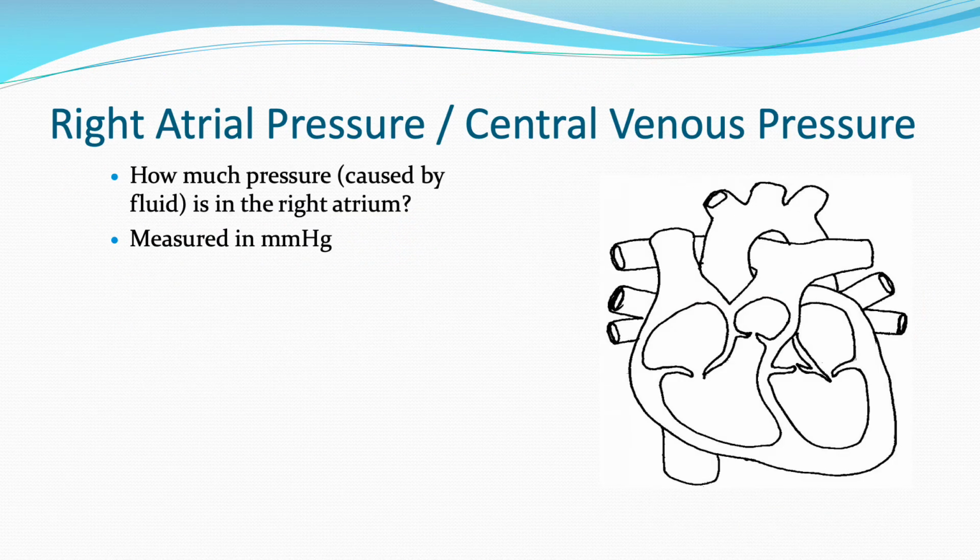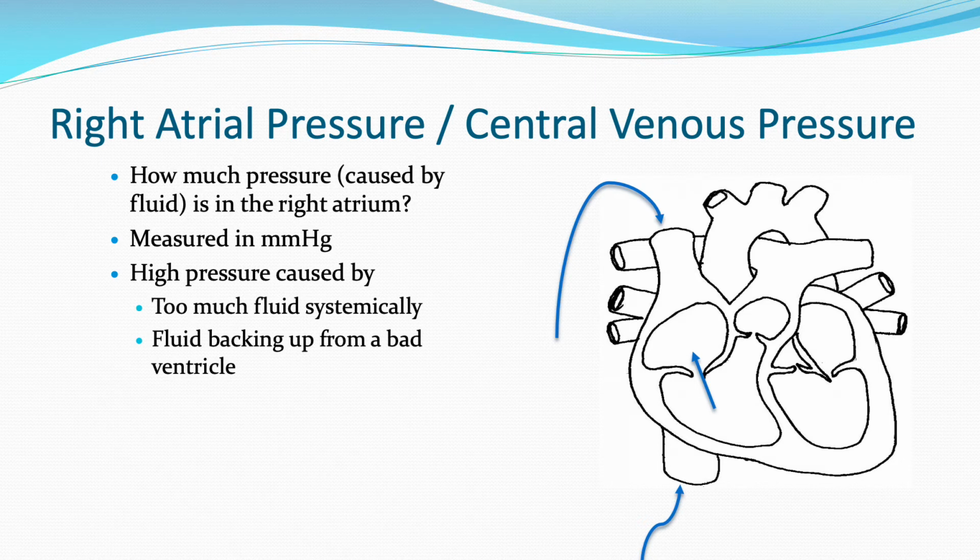Now, what would cause a lot of pressure in the right atrium? Well, we talked about how if the right ventricle is not pumping well, then blood would back up into the right atrium. But is there anything else that might cause high pressure in the right atrium? What about fluid coming from the other direction, not from the ventricle, but from the system? A patient who is hypervolemic or fluid overloaded will have a whole lot more blood coming back to the right side of the heart from the system than a patient who is normovolemic or hypovolemic. So a high CVP or RAP could mean two things: a bad right ventricle, a bad pump, or hypervolemia, or